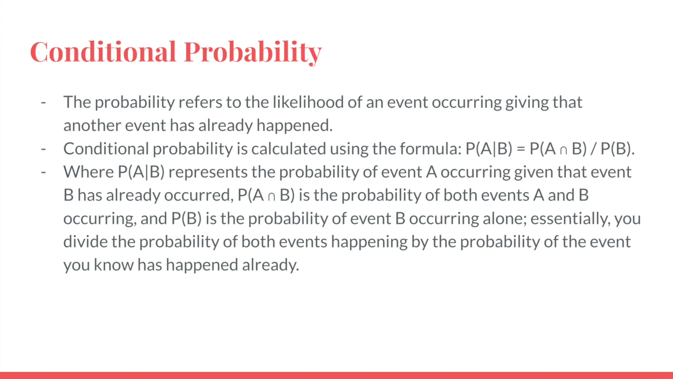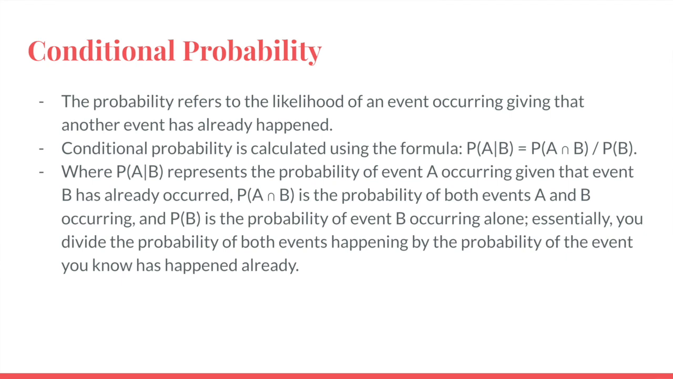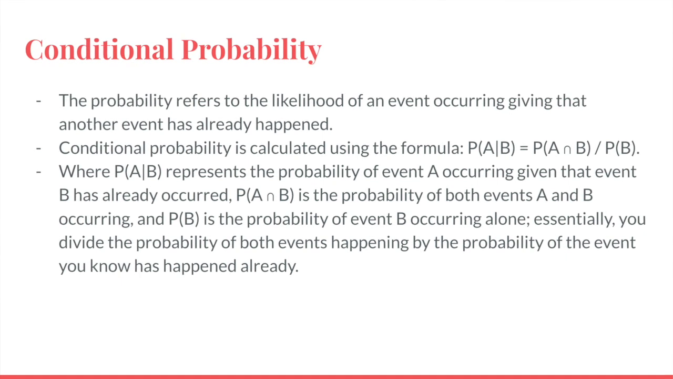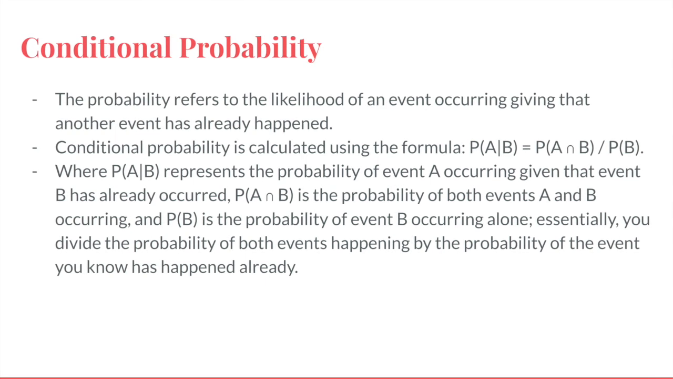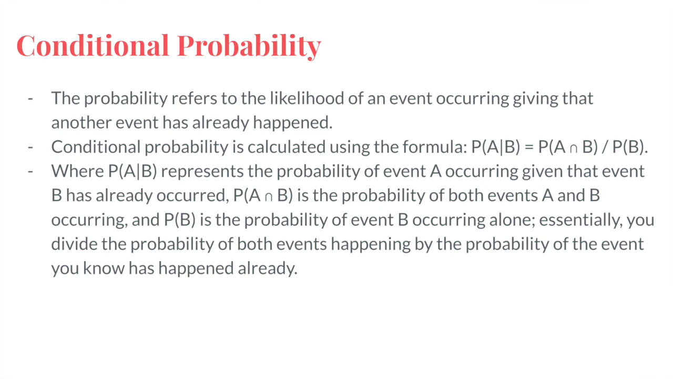Probability refers to the likelihood of an event occurring, given that another event has already happened. It essentially measures the probability of one event happening based on the assumption that another event has already occurred, and is calculated using the formula P(A|B)